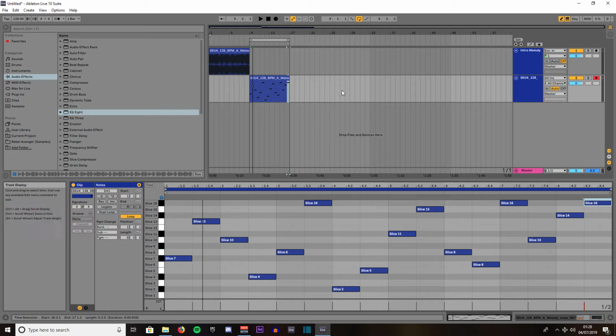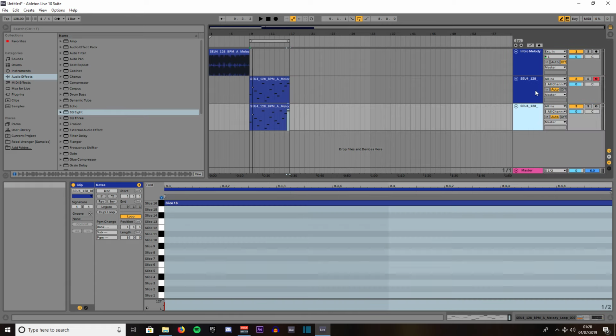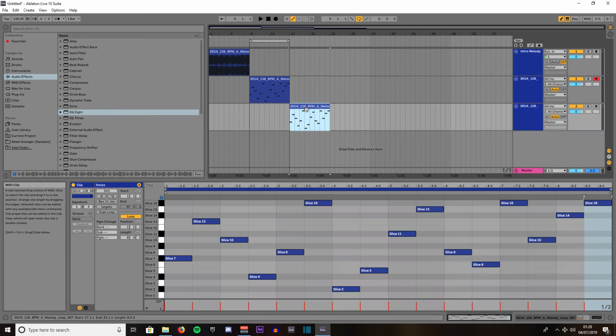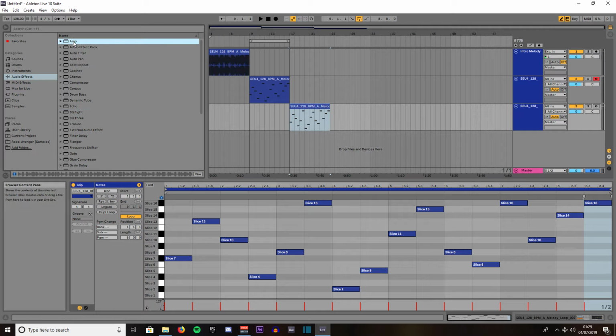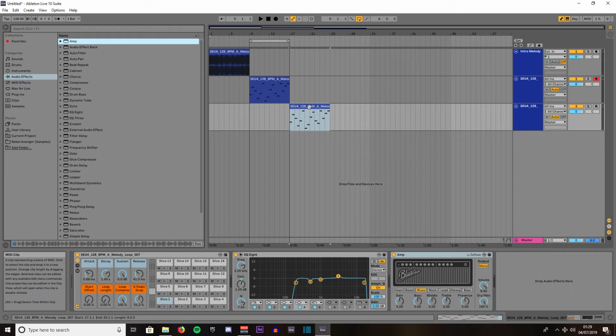Then what we'll do is we'll right click on this channel, go to duplicate, drag that across to about there so it starts at bar 17. Then what we'll do is we'll click on amp left under audio effects, drag that out onto the newly created MIDI clip. What we'll do is we'll highlight these last 4 bars, we'll separate them, and we'll reverse the order,